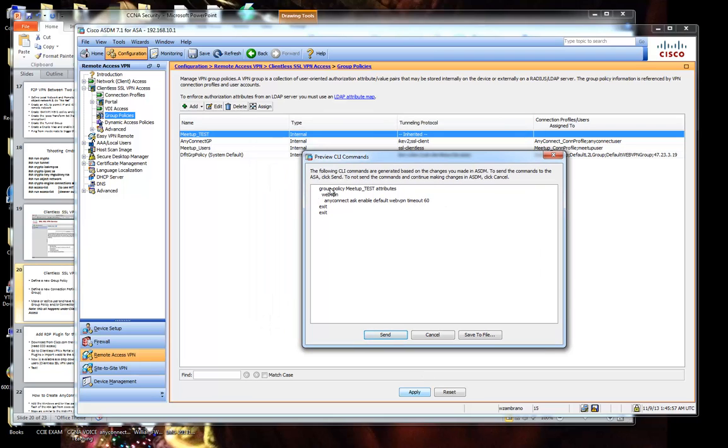So here once again we're going to modify the attributes of this policy, and it looks like the only thing different we did was timeout after 60 seconds. So it looks like it'll kick us out of that